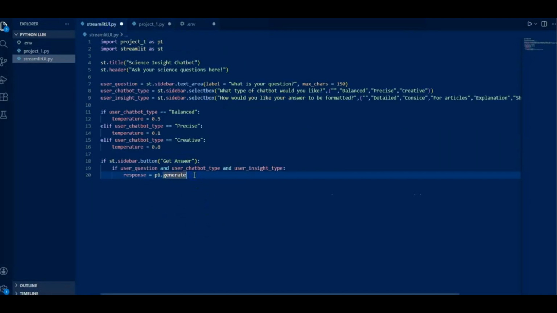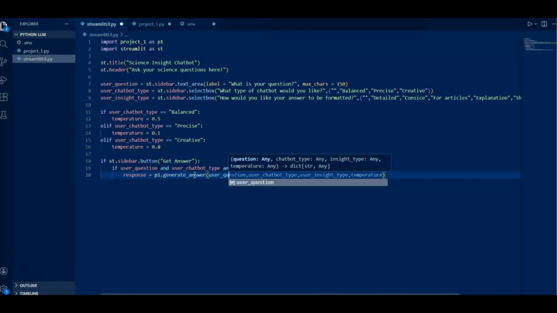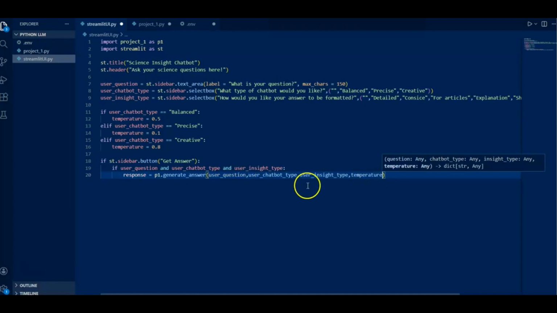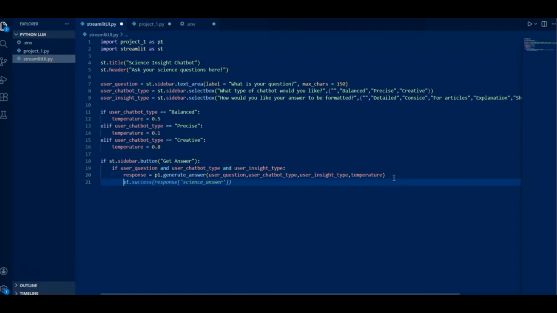So I'm going to say generate answer, and I'm going to say user question, then user chatbot type, user insight type, and finally temperature. As temperature has already been set here, we can go to the next